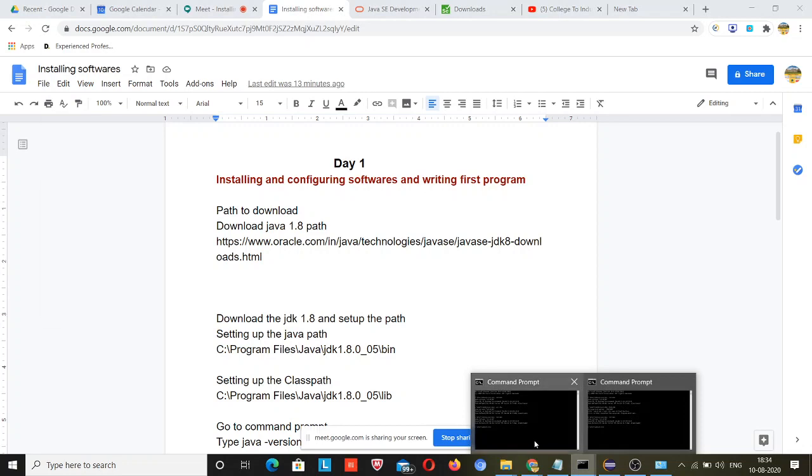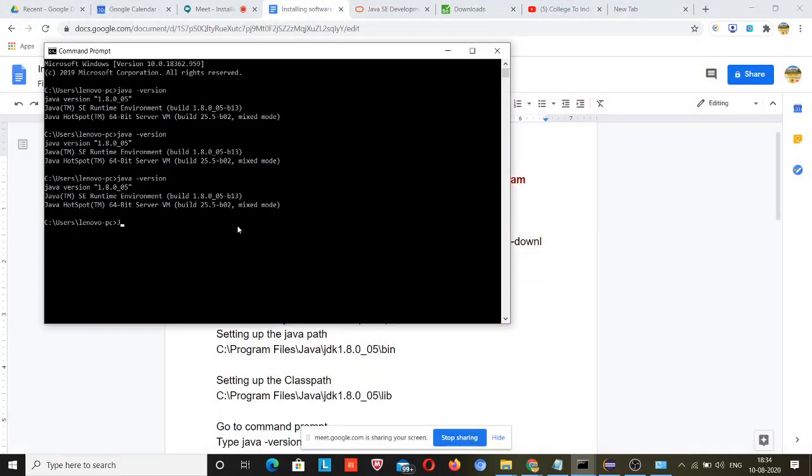Just go to the command prompt and here you just type java -version. If you get a response like this, that simply means that you already have Java in your machine, so you don't need to do anything, because a response like this shows that you have already configured the path. So for those guys, just listen carefully, and who have not done it can follow me.